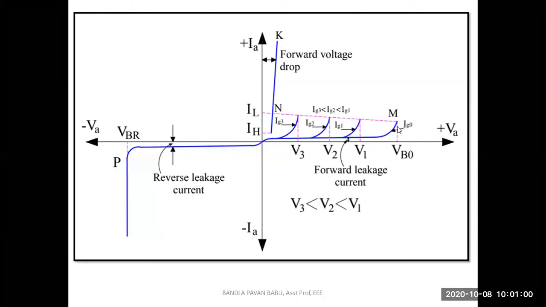This represents the different values of gate current: Ig1, Ig2, Ig3, where Ig1 is less than Ig2 less than Ig3. So this is how I control the gate current by using an external supply and control the current flowing through this SCR. This is the most preferable and reliable method. This is how I control the switch and, of course, control the current, which means controlling the load current.